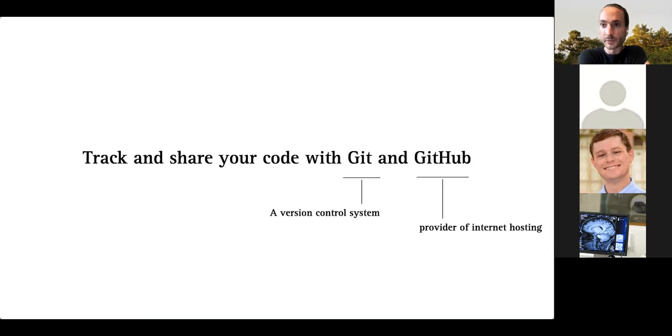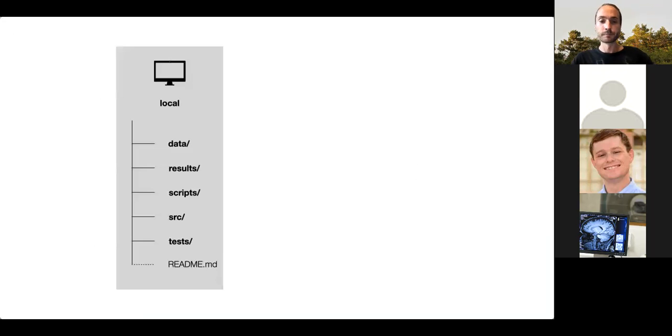And this brings me also to the last part of my talk, which is just briefly trying to explain how you can actually share your code with Git and GitHub. So Git is a system for version control, whereas GitHub is a provider for hosting Git repositories online, so that they're available to others. What I mean by version control simply means it's a system that allows you to track